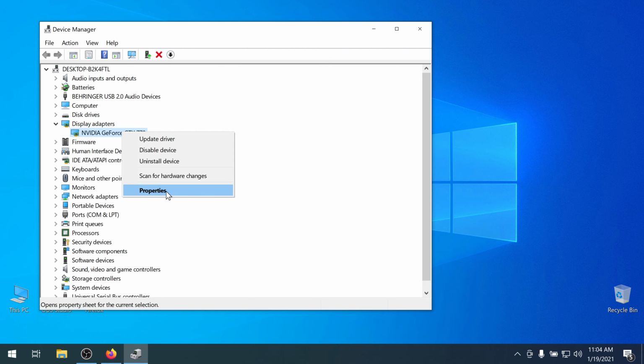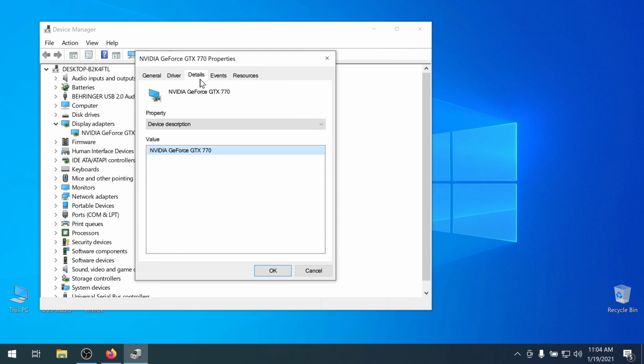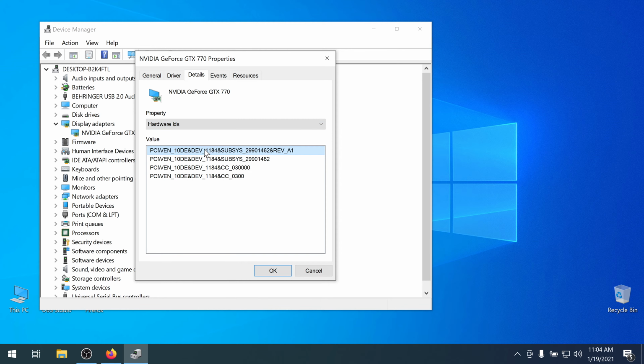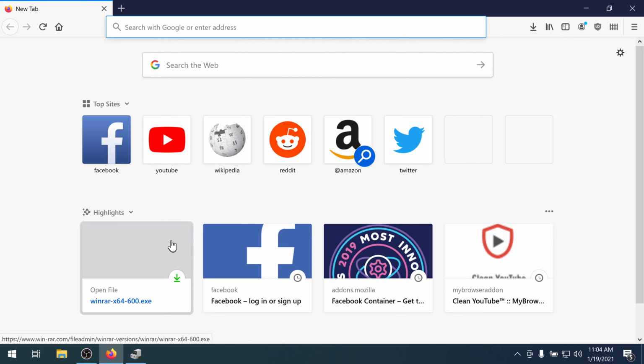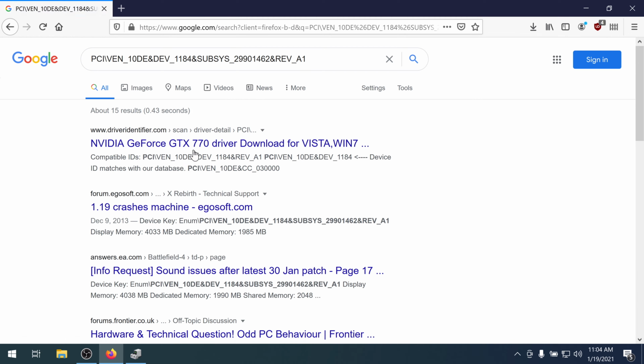Right click on it, properties, go to details, click here and click on hardware IDs. Now right click and copy this first line, go to Google and enter it, and the first link usually is from Driver Identifier. It's a software for drivers that I use and it's very okay. It's virus free and it helps me get the job done.